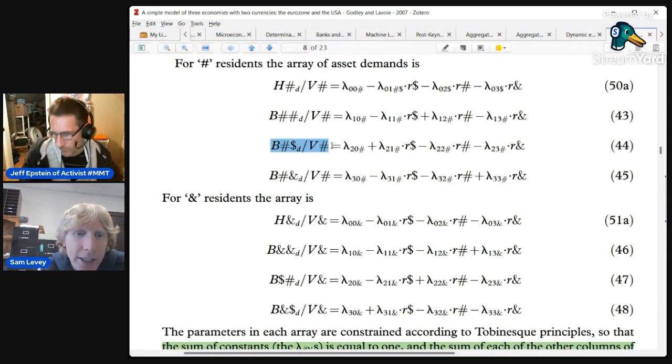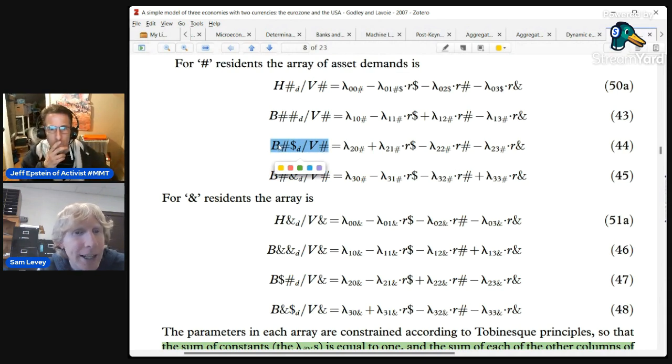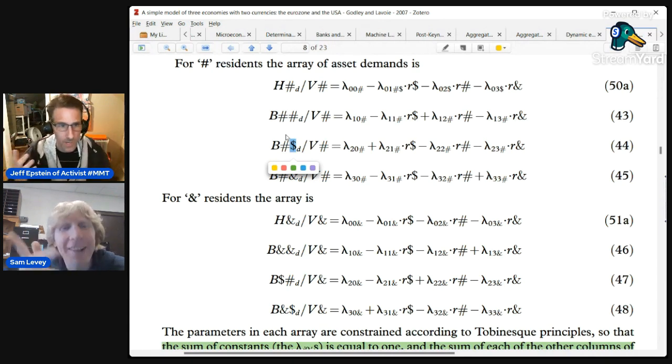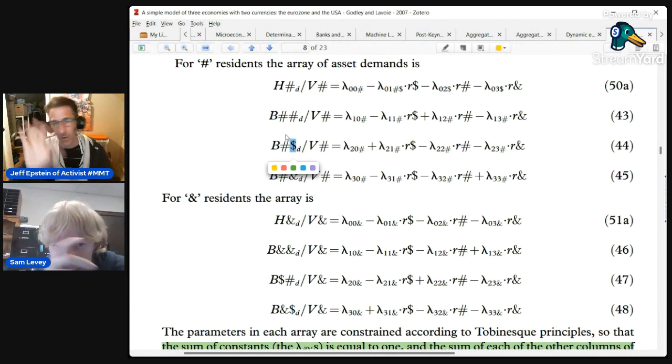Okay. And yeah, so this is what fraction of that wealth, the household wealth in that country, gets held in the form of IOUs issued by the U.S. government. Okay, so however it is, I, as a hashtag resident, own dollars. Whether I'm actually holding them in my account or I have an account in the U.S., whatever it is, I have ownership over some amount of dollars, or want ownership over some amount of dollars, or some dollar assets. Yeah. Okay. All right.